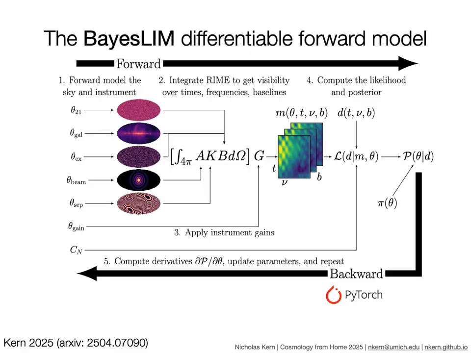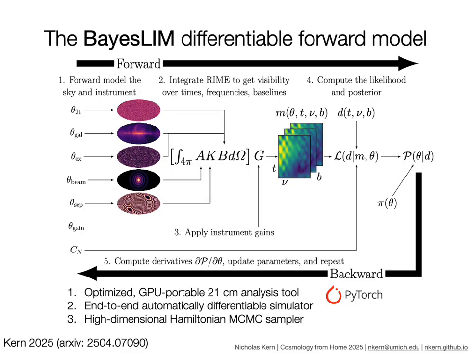And this opens up a whole new suite of tools that we have at our disposal, like high-dimensional gradient-aware optimization and sampling, that allows us to do this kind of Bayesian end-to-end forward model and solve this inverse problem in this way for the first time. Another thing that this relies upon is GPU acceleration. These automatically differentiable libraries make putting this all on a GPU very easy. And of course, this forward model is dominated by matrix multiplications, which is something that the GPU excels at making